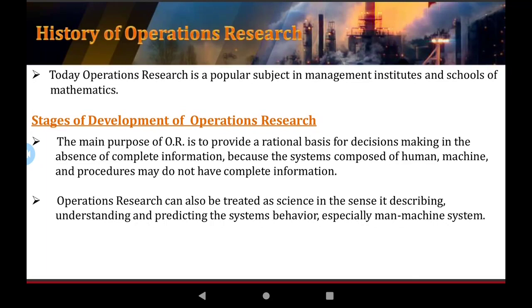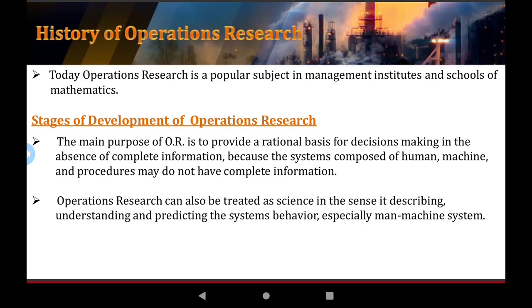Okay, the stages of development of Operation Research. Okay, ऑपरेशन रिसर्च को डेवलप करने के लिए कितने स्टेप की ज़रूरत पड़ती है. The main purpose of Operation Research is to provide a rational basis for decision making. Okay, Operation Research is used as a rational basis for decision making. Okay, large decisions are taken with the help provided by Operation Research